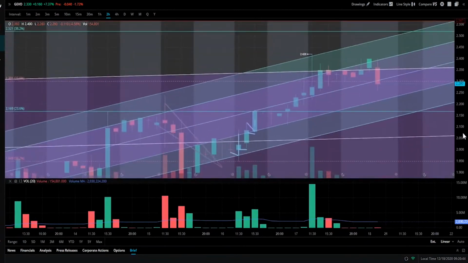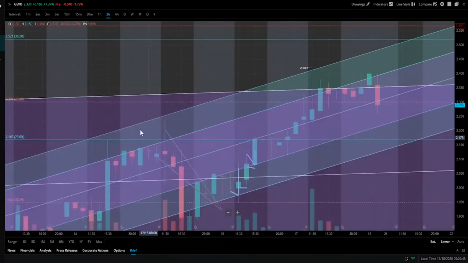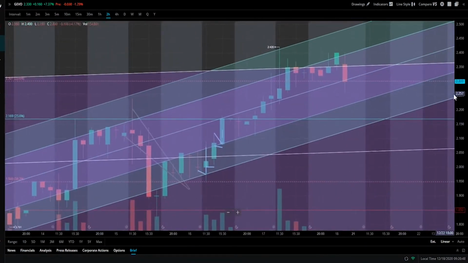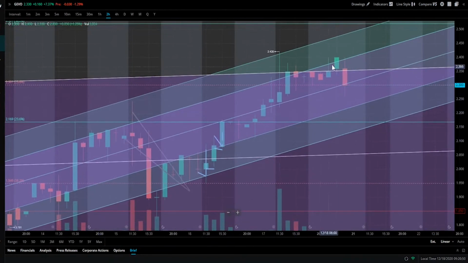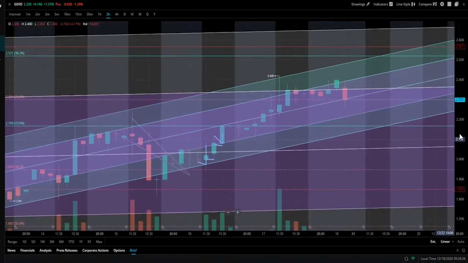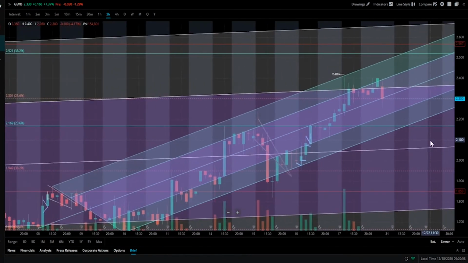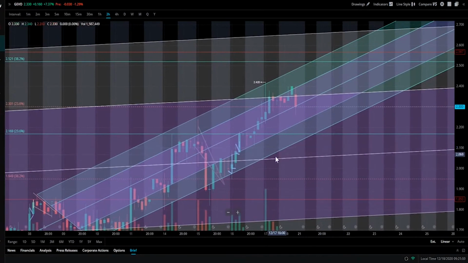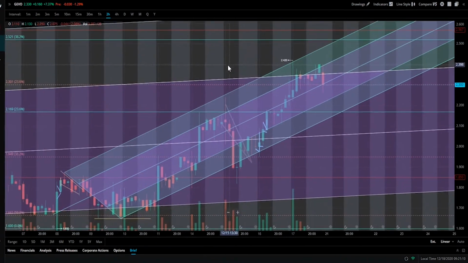That could be a nice way, while you are at work, if you want to check on GEVO, to just open that stream and see how it's moving along these resistance and support lines. Instead of trying to do all of these calculations yourself on your phone, just tune in, have a look, see that it's holding the support or pushing the resistance, and then you can get back to work. So, all right. I hope